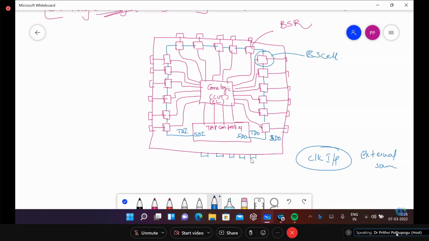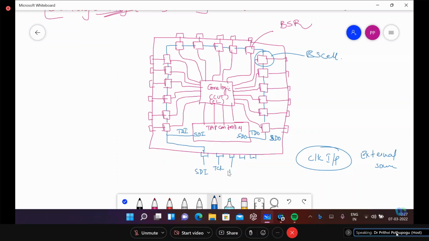5. What are they? The scan data in external that will be going parallelly to your scan data or through the tap controller. It is a normal operation or testing operation. Based on that, this path will be decided. Okay. And this can be taken as test clock, and